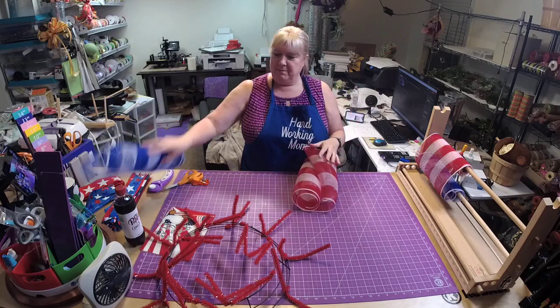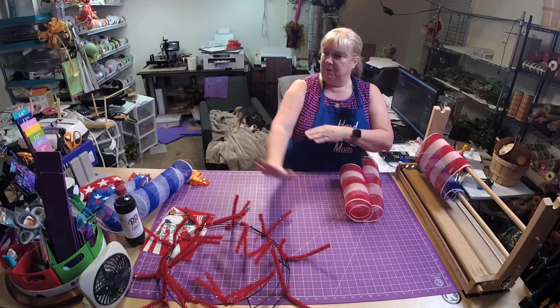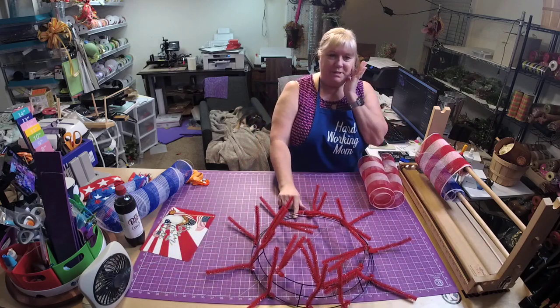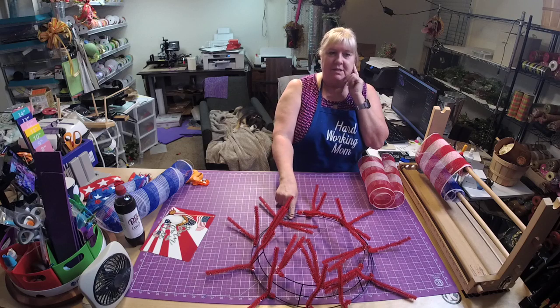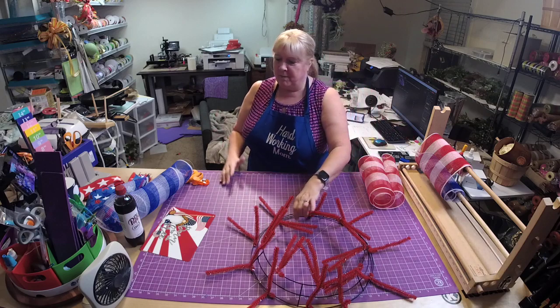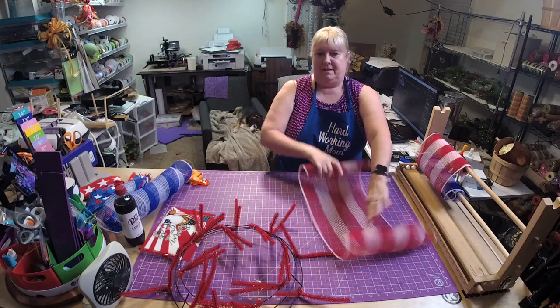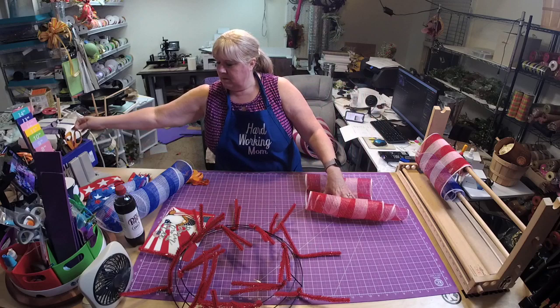Okay. So I'm going to separate them. Because what we're going to do is we're going to do one red, one blue, one red, one blue. Now when you get these frames, some frames come with 18 ties. Some come with 17. So if you're missing one, don't panic. It's just some of them just come like that now. I don't know what it is. Okay. So let's